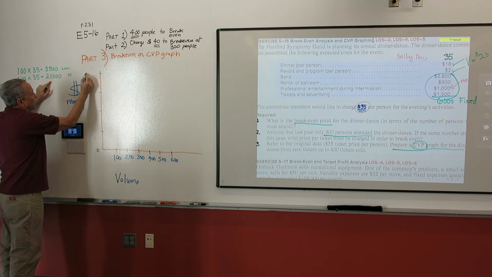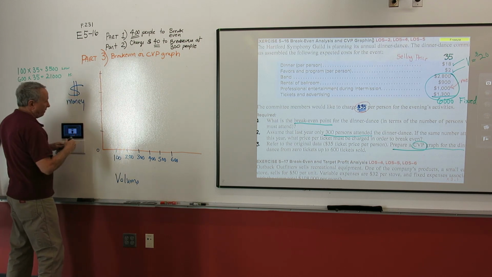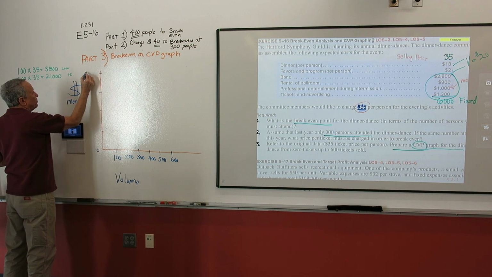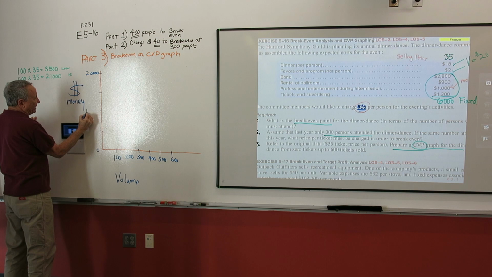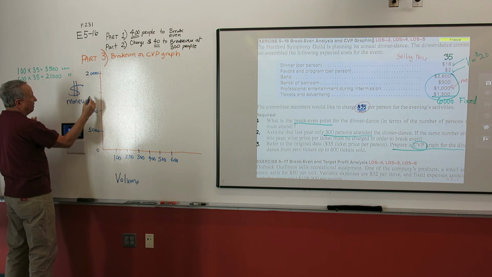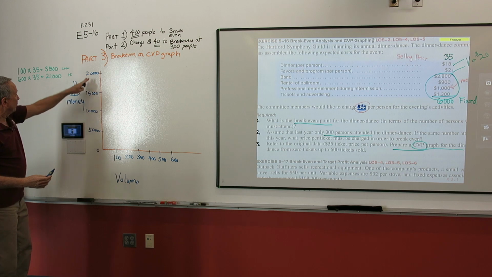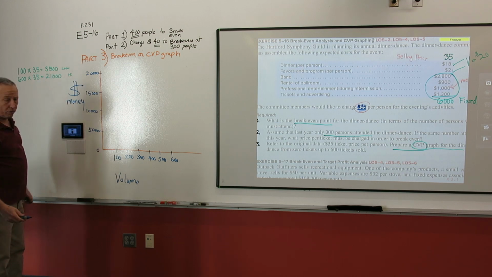So let's just make this, I took this 1, 2, 3, 4. Let's make this 20,000. I don't want to go any higher than that. Let's make the halfway point 10,000. Down here, these are now going by 5, half that way. Half of this is 5, and half of this is 15. You see I've got even increments now going from 0 to 20. I think that'll cover my whole graph.